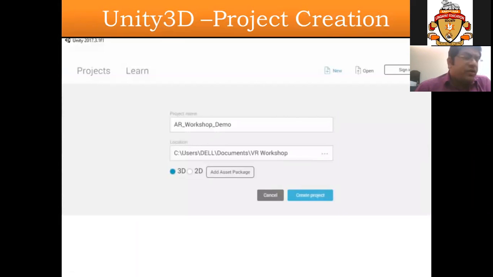Now to create a particular project in Unity, we can use any version, but we have to keep in mind that whenever we are installing Unity, we should add the Vuforia package also when we are installing.